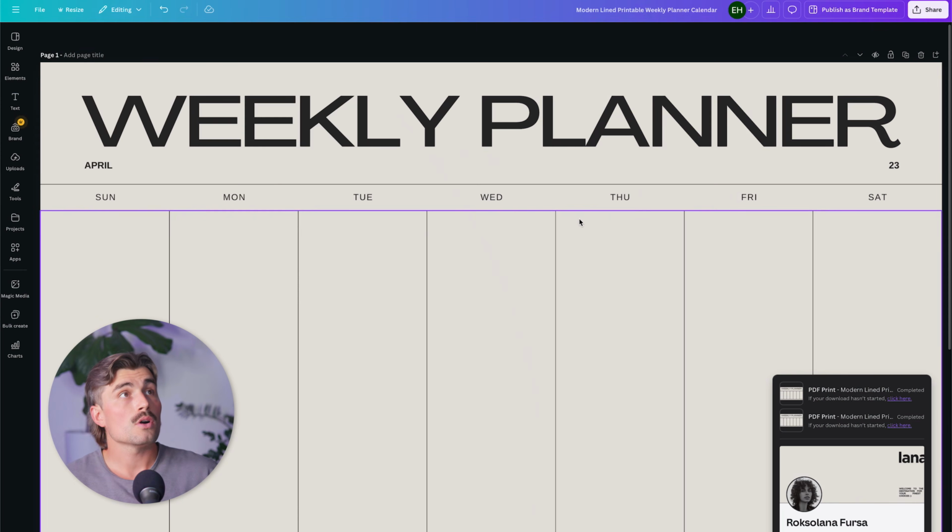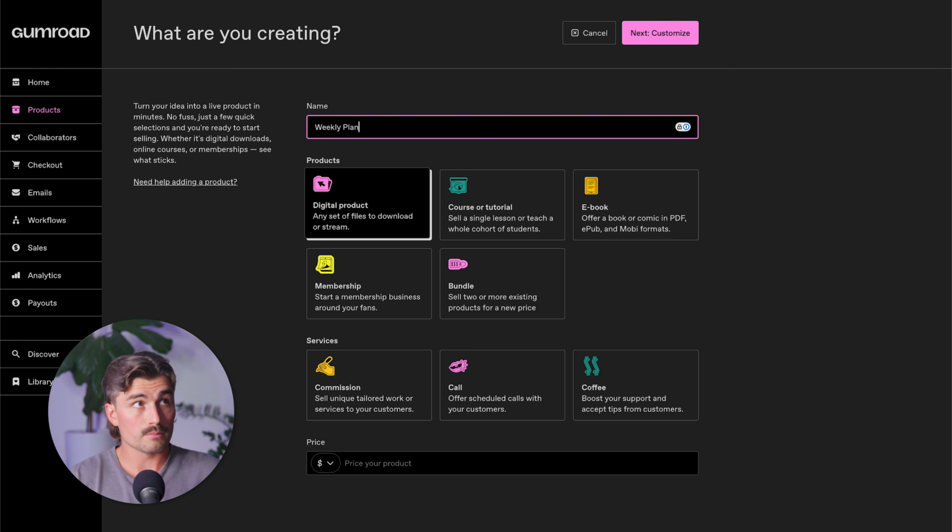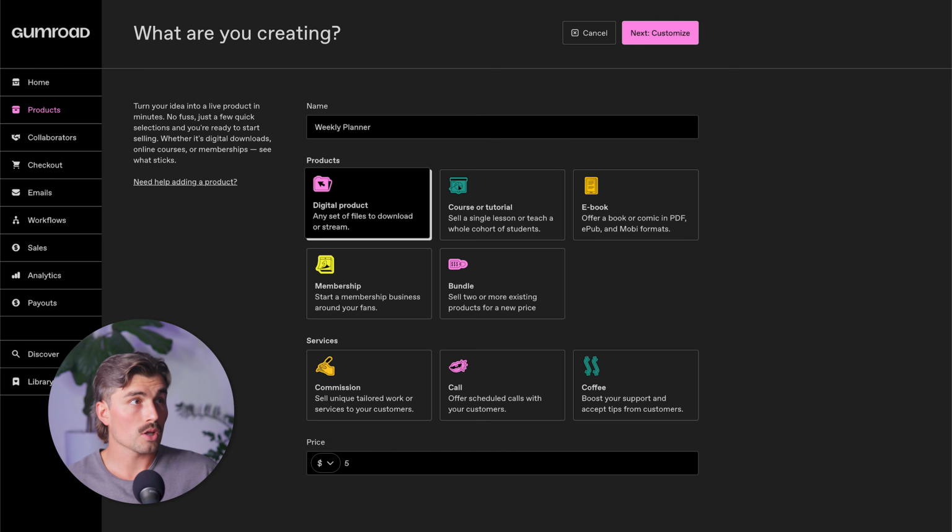So now let's show you how to create a very quick and easy landing and product page on Gumroad. Gumroad is great because it doesn't cost anything. They just take a little bit higher percentage than other sites do when you actually do make a sale. So we'll come here and select this. We'll select digital product and type in weekly planner, price it at $5, and we'll go ahead and